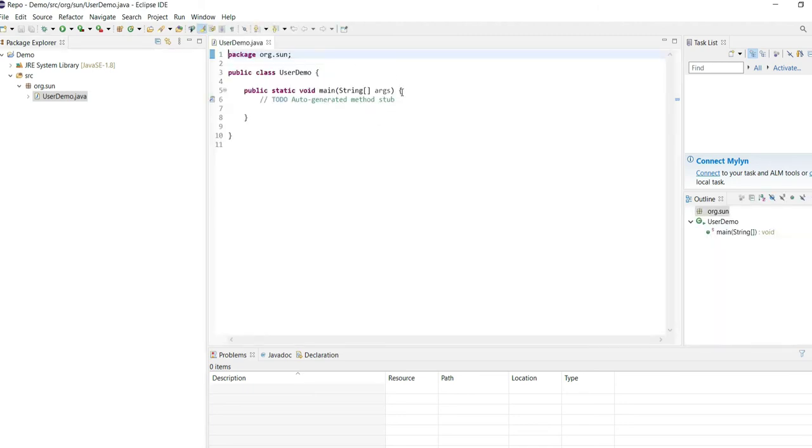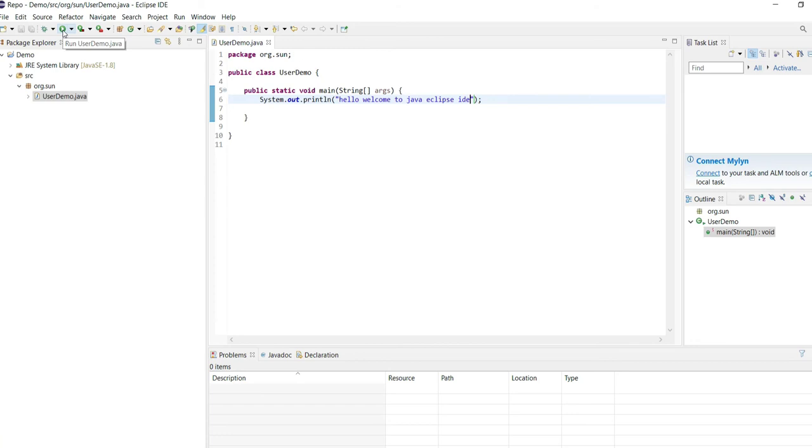Yeah, okay. This tab is created. Let me print something quickly. Welcome to Java Eclipse IDE, and you can save with Control S, and you can run this application from this menu items.